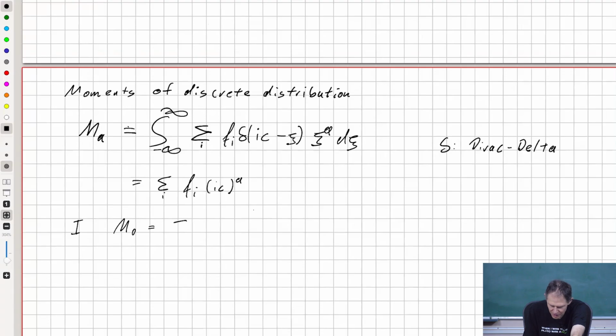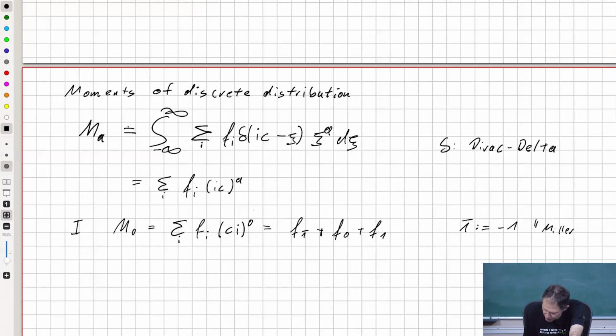So the 0 moment is the sum over i of Fi Ci to the power of 0, which is F minus 1 plus F0 plus F1, where we define this over bar as minus 1. This is something that's called